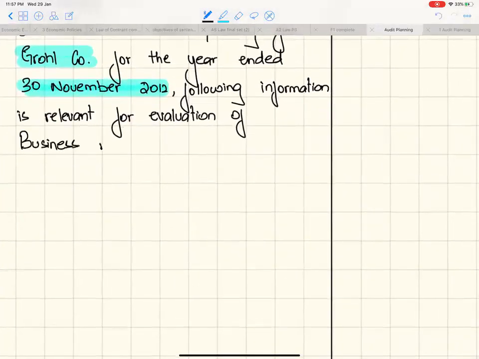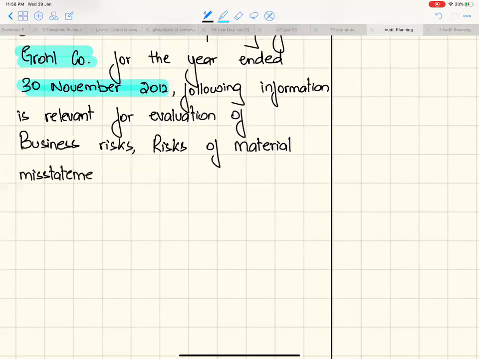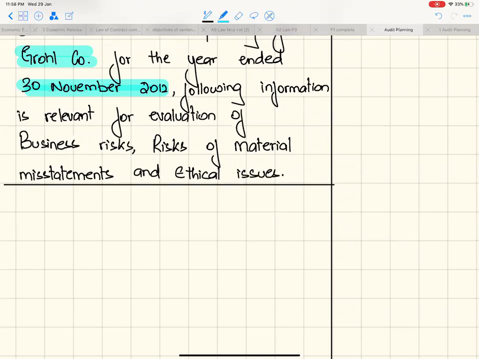business risks, risks of material misstatements and ethical issues. Now, by making this format of the email, you have got 2 marks out of the 4